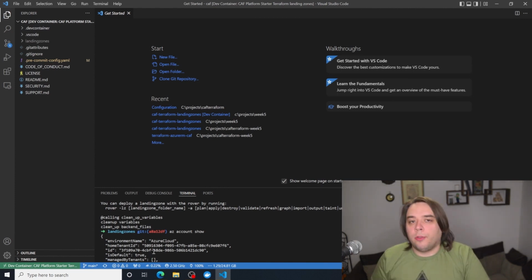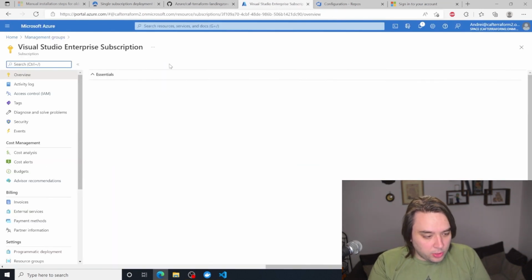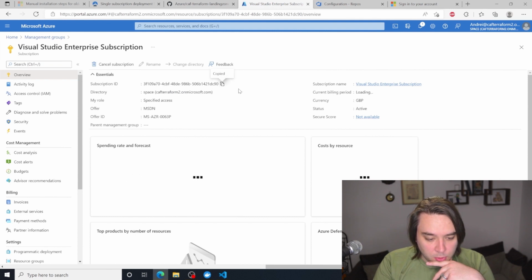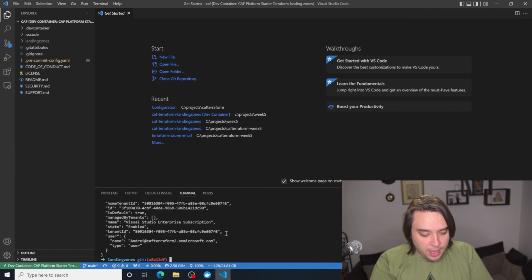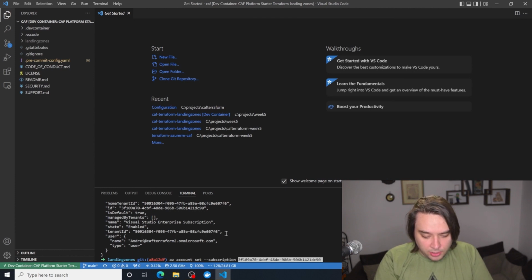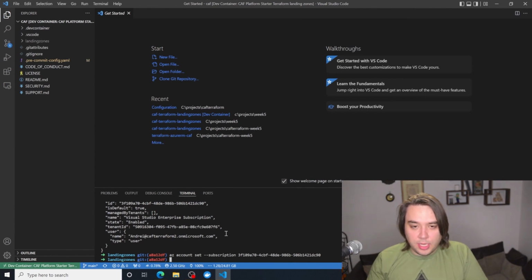If for example you have multiple subscriptions in your tenant right now and it selects the wrong one, what we should do is go into here, go into your subscription, copy the subscription ID, and then go into your Visual Studio Code and write az account set, that's a subscription, and then paste the subscription number. And that is going to set Rover to that subscription.